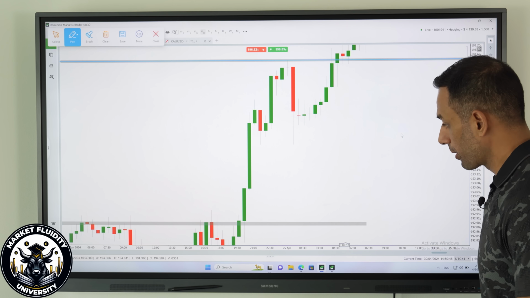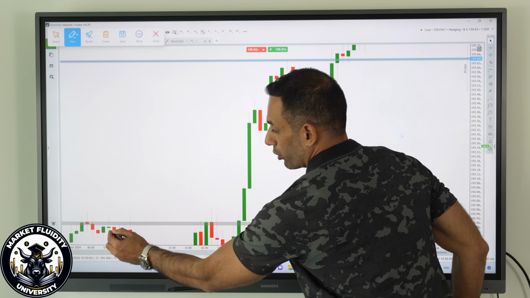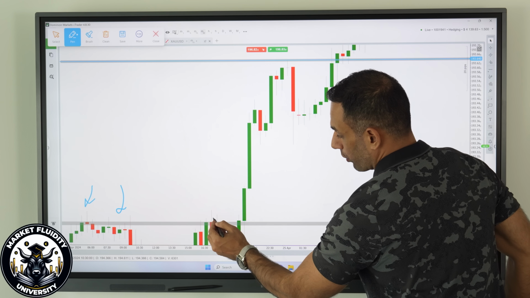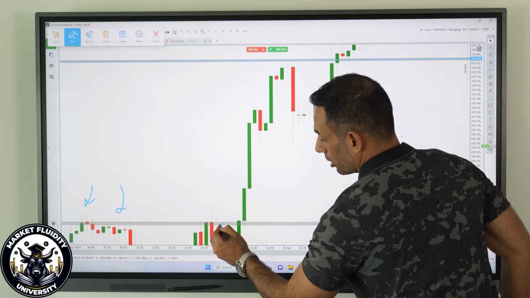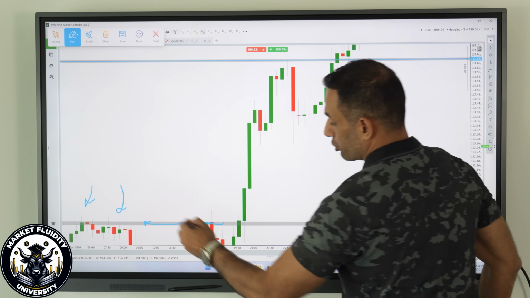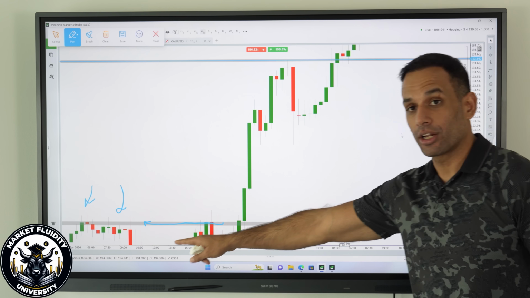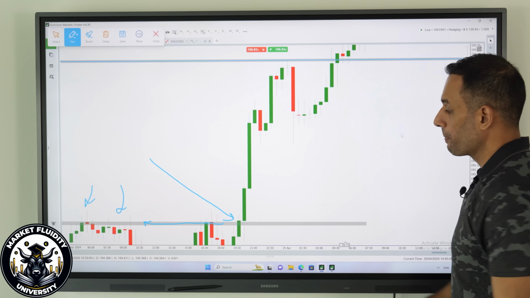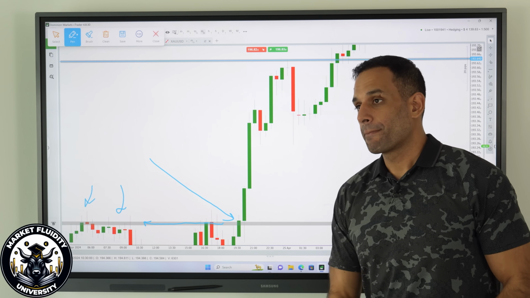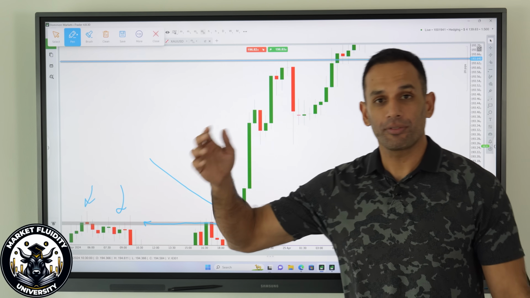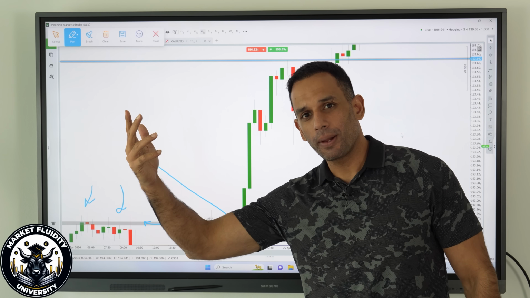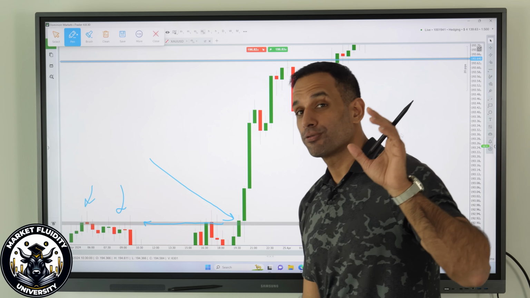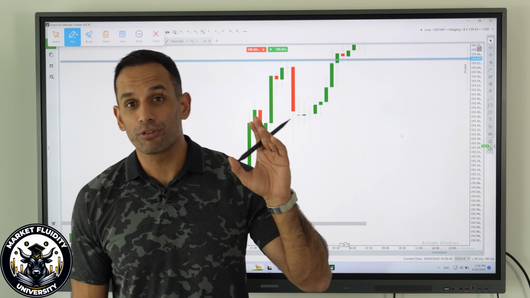this. Okay, first things first. Price was consolidating here. You can see price was consolidating, and right over here as well. No candle closed above this resistance here to the left hand side. No candle closed above that area. Then there was one candle, this one right here, which closed above this resistance. And then someone could say, okay, now we've closed above this resistance, so now there's a high probability for the next candle to continue pushing up, provided there's volume in the market.